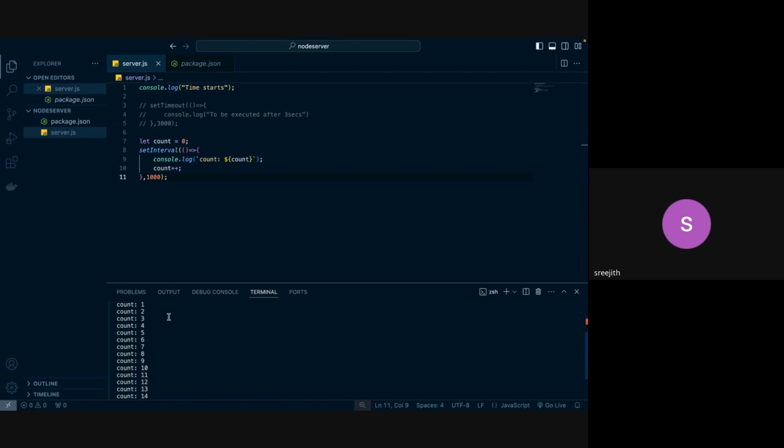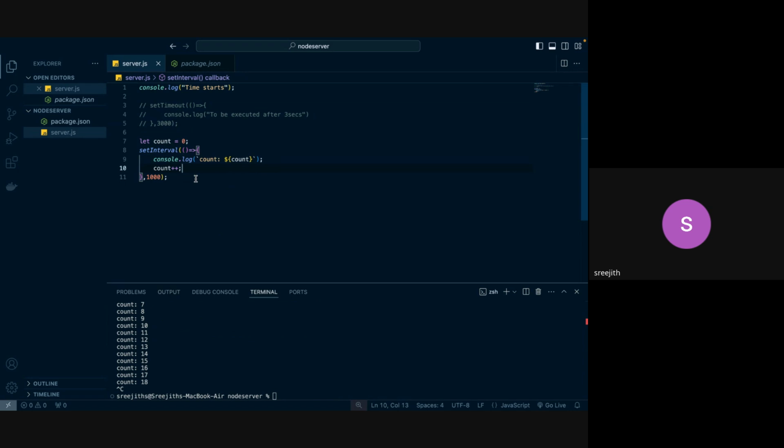Here you can see that the counter is executing for infinity, so I just quit it. See here we have a setTimeout function. We can use that to close this interval at a certain time period. So if I extend this setInterval thing, if I only want to print the count till 5,